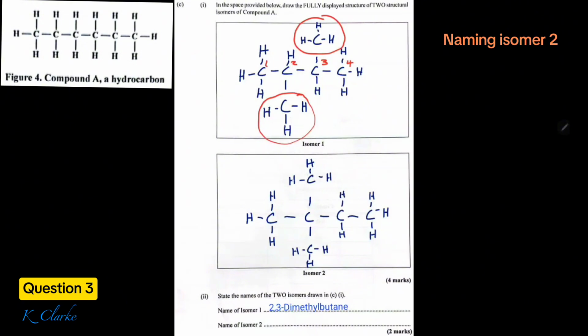Naming isomer 2. First, number the carbons in the longest chain, as you can see, numbering from left to right in red, and now I'll be numbering in green from right to left. Both branch groups are on the same carbon. We will be using the numbers in red, since starting from left, this end is where the branch groups have the lower numbered carbon atom. Therefore, the name of isomer 2 will be